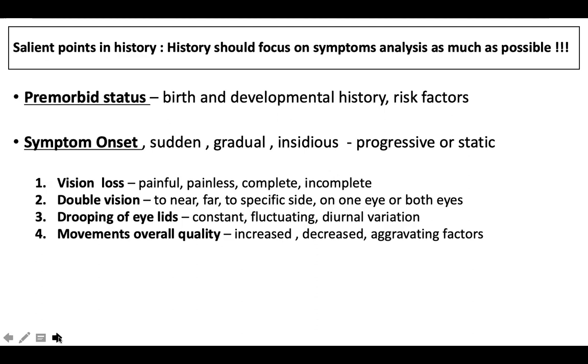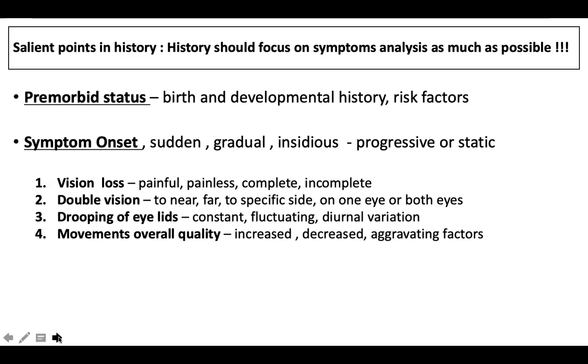Then you need to clarify how the double vision increases, whether it is more to near objects or more to far objects. If you want to see near objects, we need to have a good convergence mechanism and medial recti. So if there is a diplopia which is more to near vision, it probably means the problem lies in the third nerve pathways. And when you want to see at a far distance, we need our eyes to be diverged. So if you have a diplopia more to distant vision, it probably means the anatomical networks point towards your sixth cranial nerve and its networks, right?